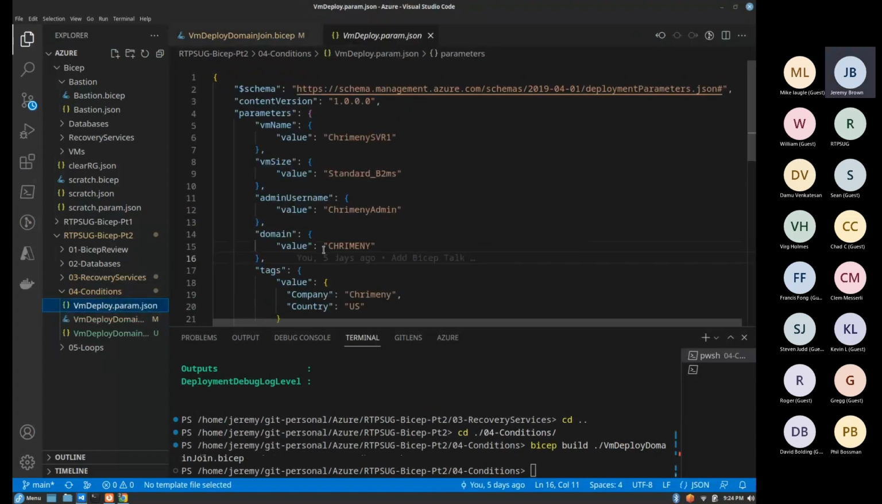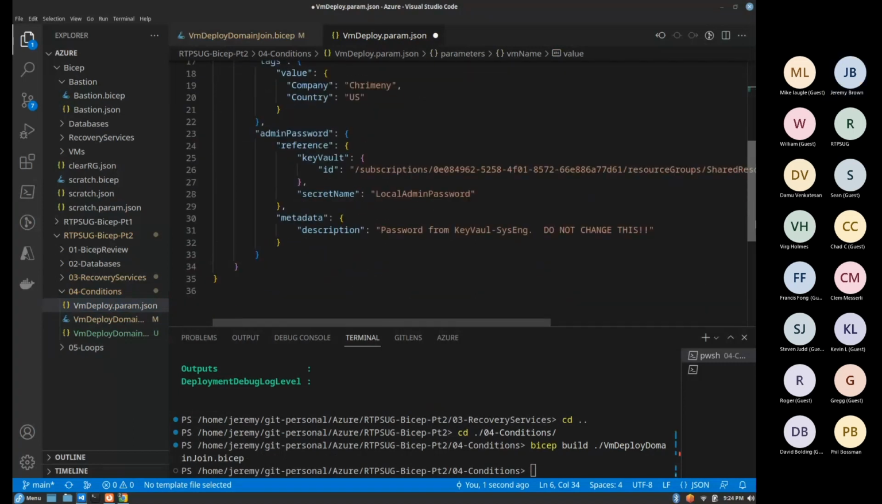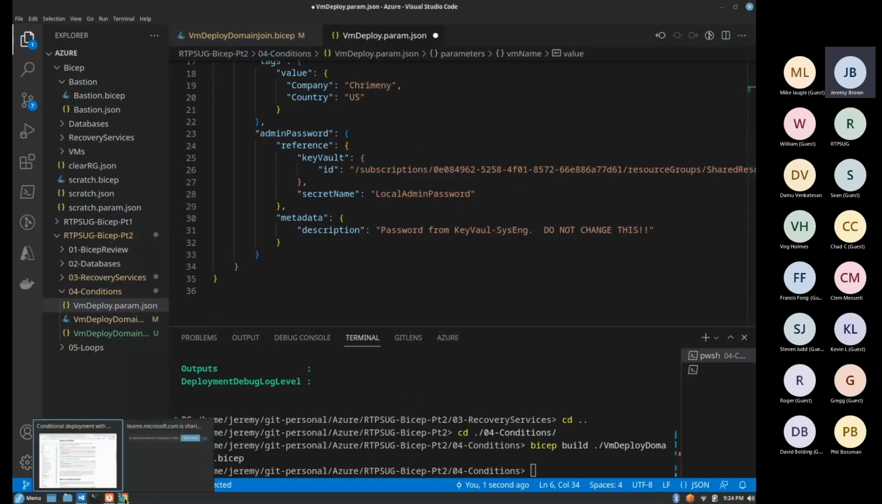And then let's come over here and deploy, call this RTPSUG-SVR2. But we've already built one VM. We've turned backups on for that VM. And we're going to build a second VM, and we're going to join it to the Criminy domain, which is